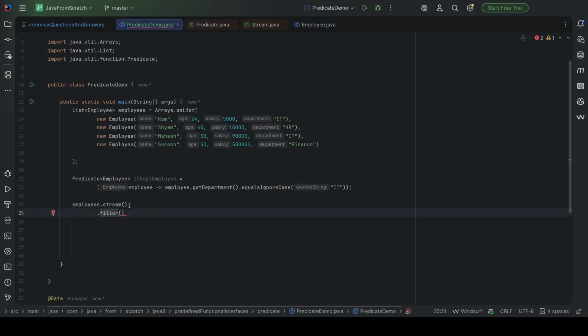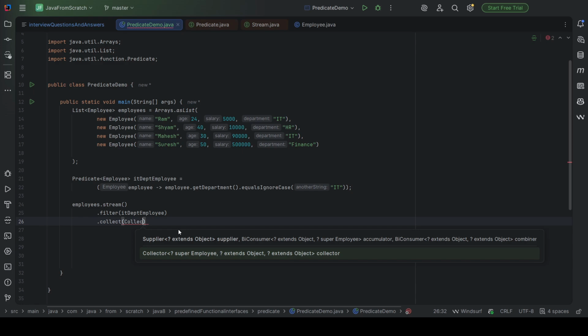So go here and use this predicate, ITDepartmentEmployee. Now if we want, we can collect it with collect, Collectors.toList.